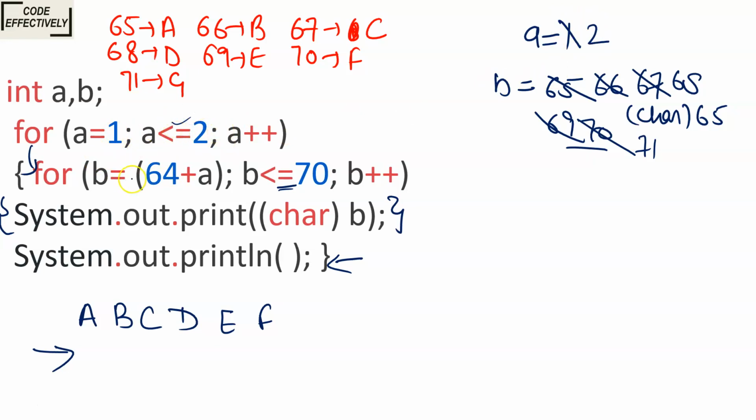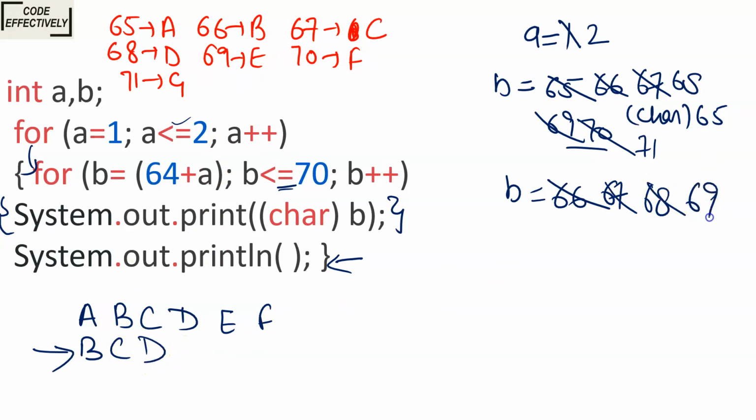Condition is true. Then it will come inside the loop, and B is now 64 plus 2. 64 plus 2 gives you what? 66. Now the B value will start from 66. And then it will come inside the loop, 66. Char of B. So what is the character value at 66? It is B only. And then it will be 67. At 67 it is C. C will be printed. After that 68. At 68 we will see D is printed, and then it will be 69. At 69 it will be E, and then it will be 70. The condition is still true. F will be printed. After that it will be 71. The condition gets false because it must be less than or equal to 70. So 71 is greater than 70.